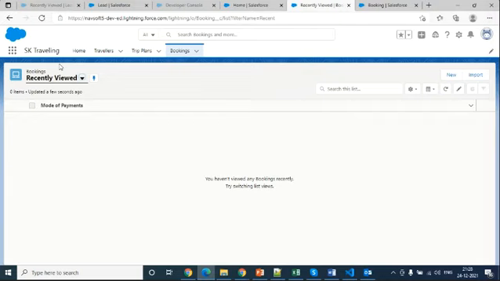Now let's discuss a little more. There is one more concept called junction object. Junction object, in the sense there are some scenarios where one object should receive many records, and another object also should receive many records. So in between you can't make many to many.